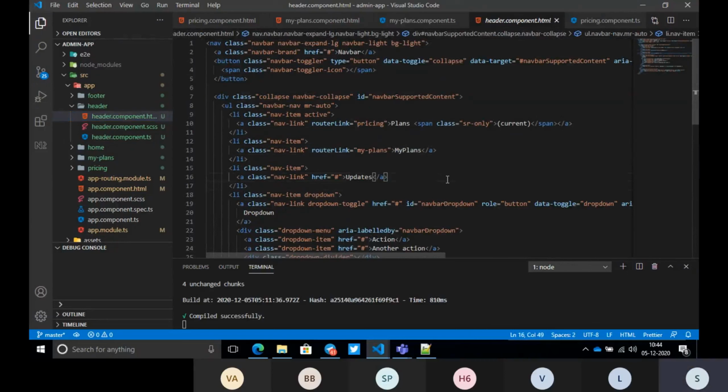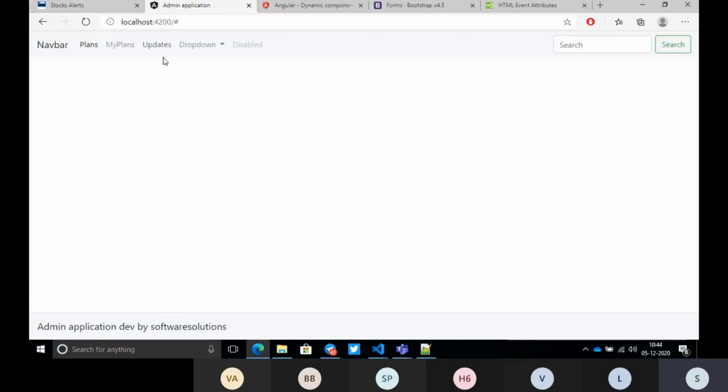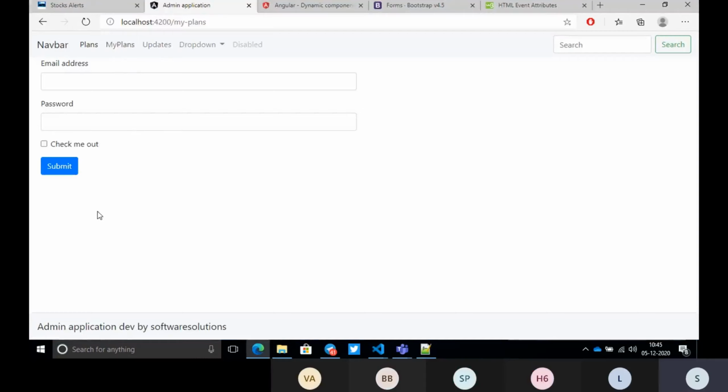So instead of creating a component again, I will reuse this page itself, my plans itself. Whenever we release software, all the content will not be in the HTML itself.